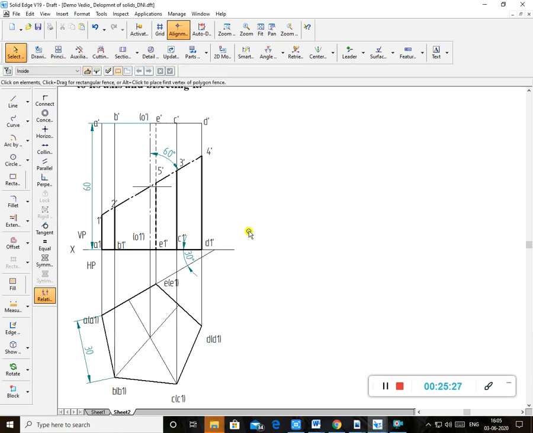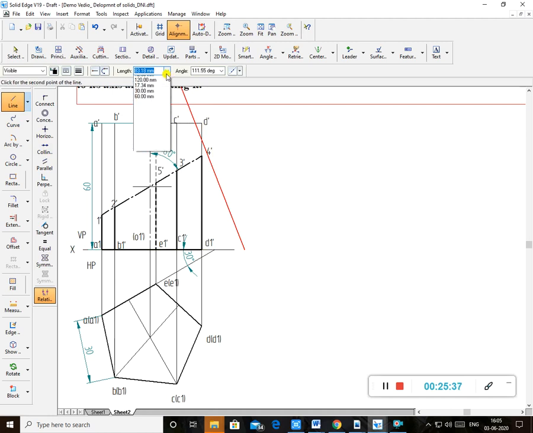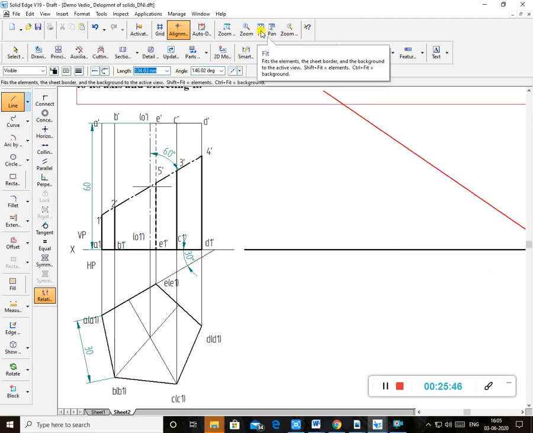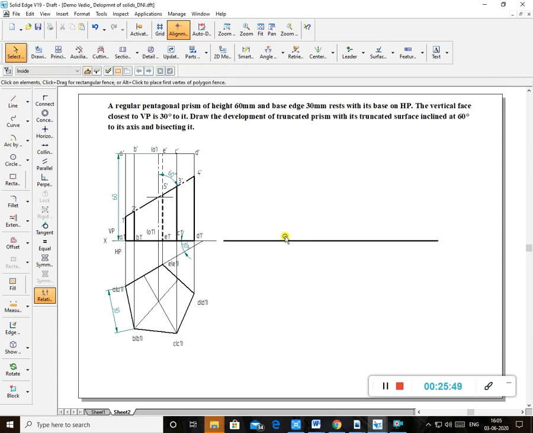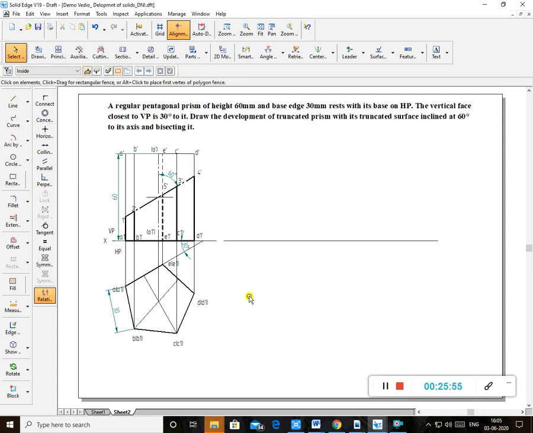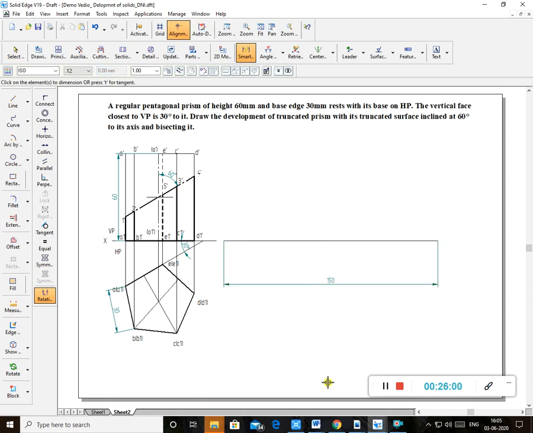This is the development. Now what I'll do, from here I'll draw a line from this point, or take any same line here. How much do you take? 30 into 5, the total length here. 30 into 5 is 150. It's 150 you take. So I'll fit it here. The development you draw should be thin initially, because you have to darken only the required portions. Now the first line I have drawn, 150.